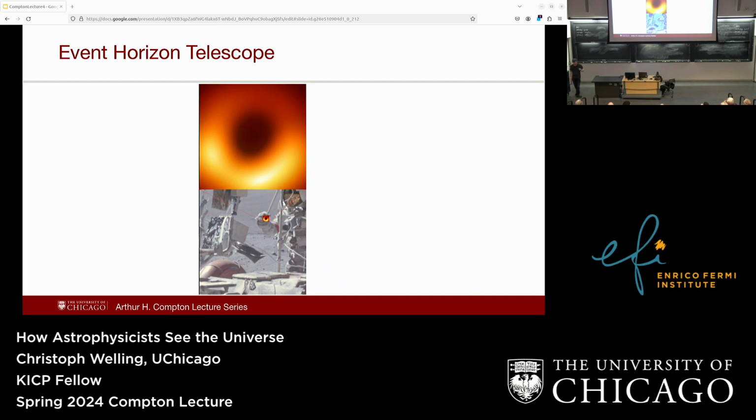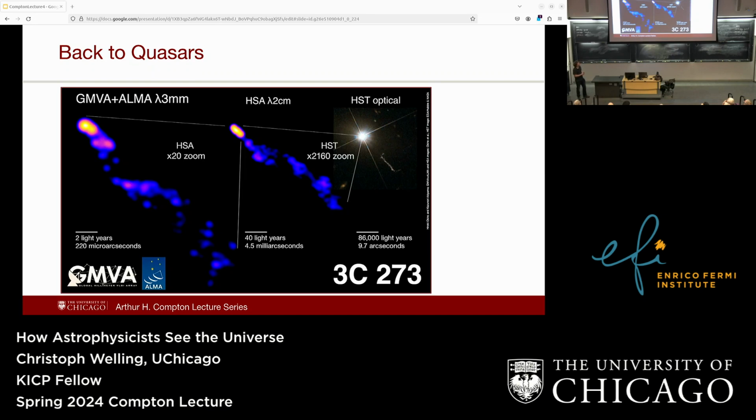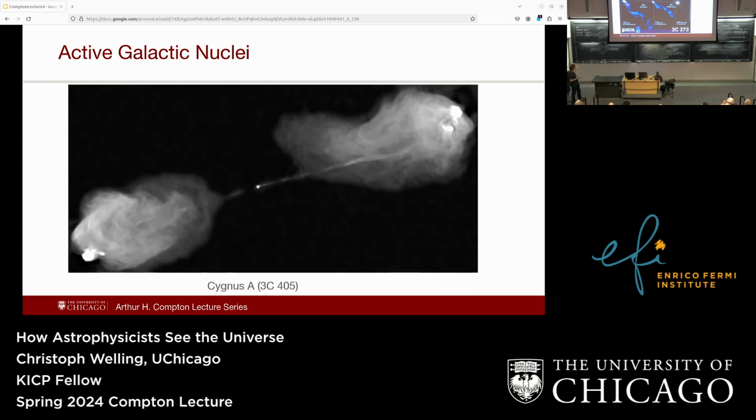Okay, so now we got a really cool telescope where we can see really fine details. So let's get back to these radio stars and see what they look like. So if we now look at our old friend 3C273, we see something like this. So we see kind of a very bright source here, and then we see something coming out here, which is, okay, this is kind of not that spectacular. But there's this very similar source, and that looks like this. So this is something called Cygnus A, which is one of the brightest radio sources in the sky, also known as 3C405 because it was in the same catalog.